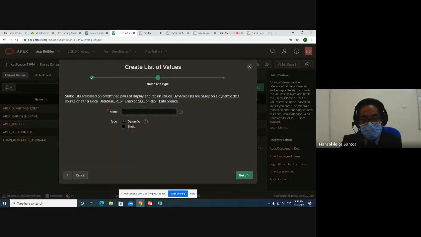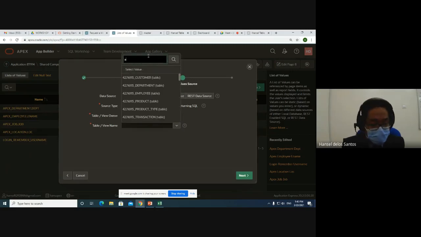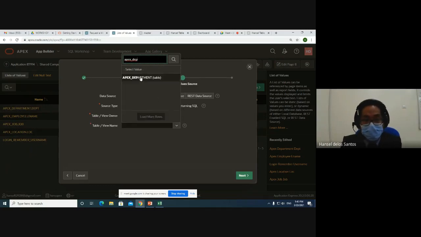And suppose the name of the list of values is department name, dep name for now. It should be dynamic, because the moment we include a new record in the department table, it should be automatically populated from our LOV, which is a list of value object. Click next, and for now we only need to set it as a table. Then, of course, we have to link that one to the department. Once we're creating a department list of value,